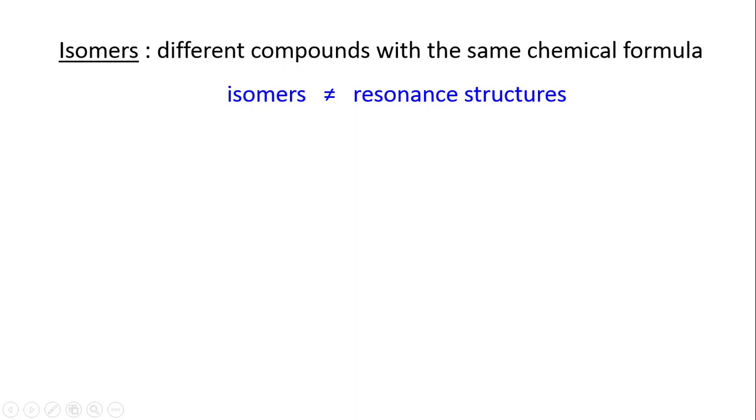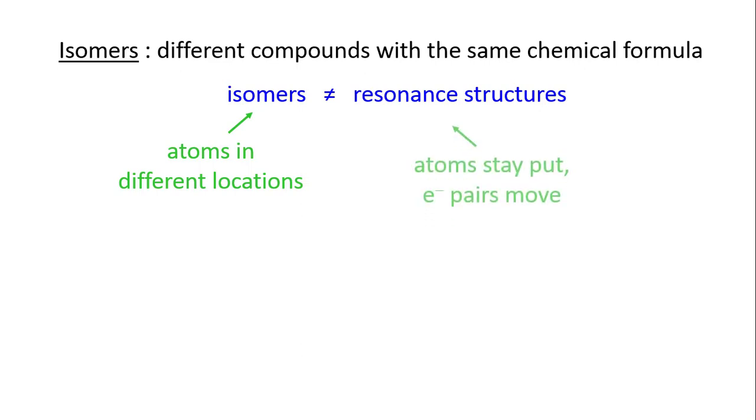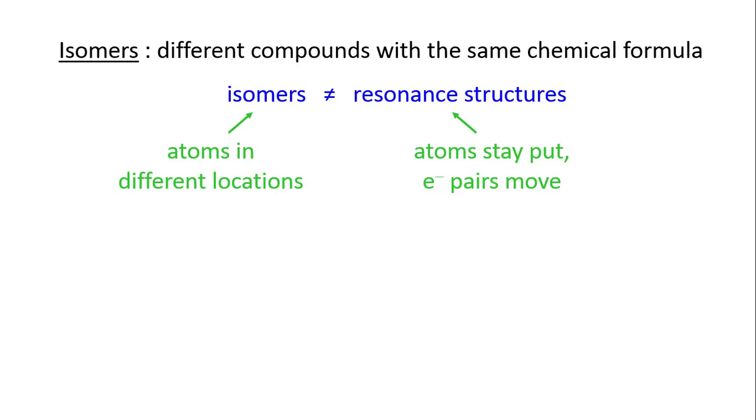We remind ourselves that isomers are defined as different compounds that have the same chemical formula. Isomers are different than resonance structures. In isomers, atoms are actually in different locations in three-dimensional space. We'll find that in some cases, isomers can have widely different properties due to the location of the atoms. In resonance structures, we have Lewis structures for the same compound where the atoms stay put and only electron pairs